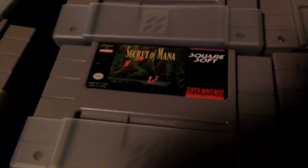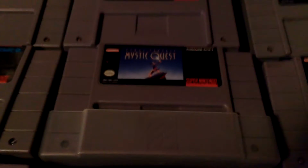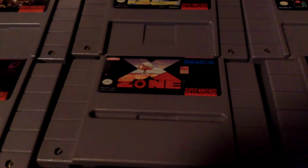And then here are all the other games. I'm gonna try to go through this quickly, just to show you guys every single game I have in my collection. So we have Secret of Mana, very, very awesome game. Donkey Kong Country, Mega Man X, Killer Instinct, ActRaiser, Skyjagger, Mystic Quest, X Zone, ActRaiser 2, Kirby's Super Star. We have Metal Combat, Donkey Kong Country 2, we have Ultima,